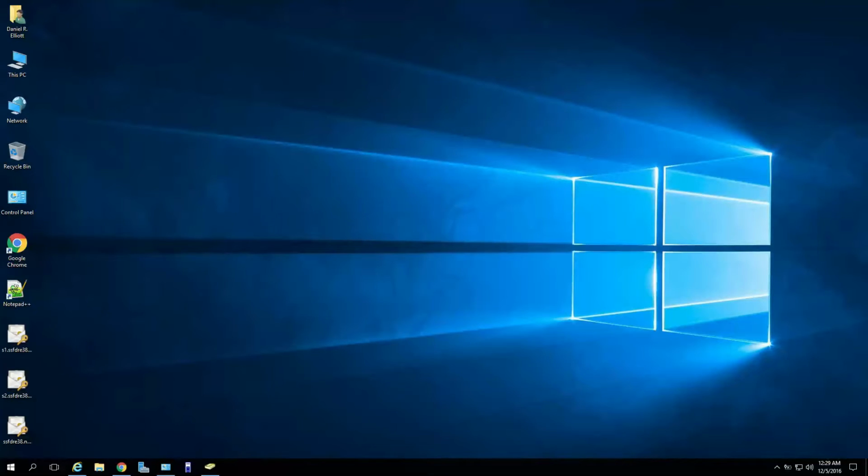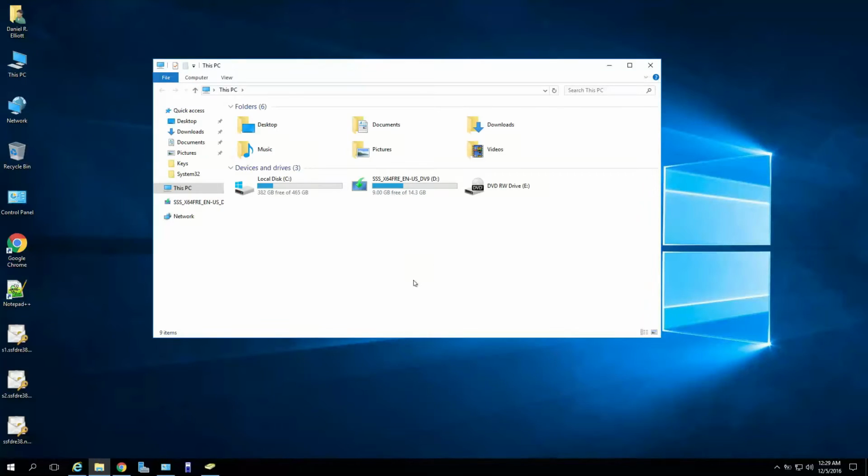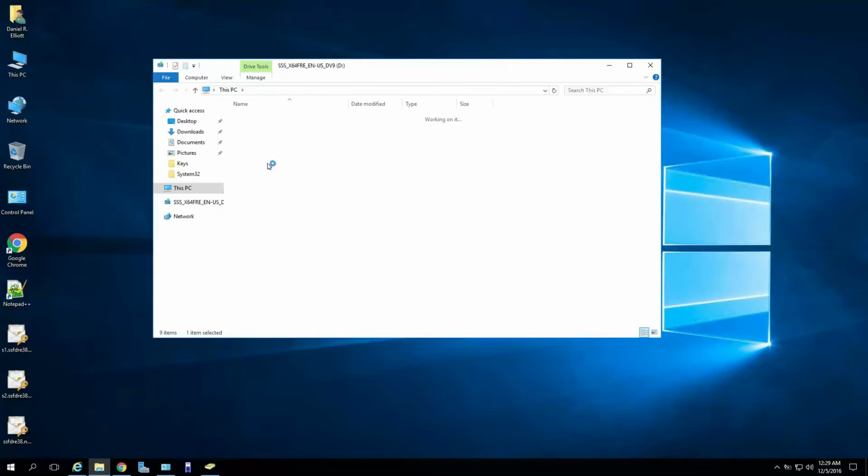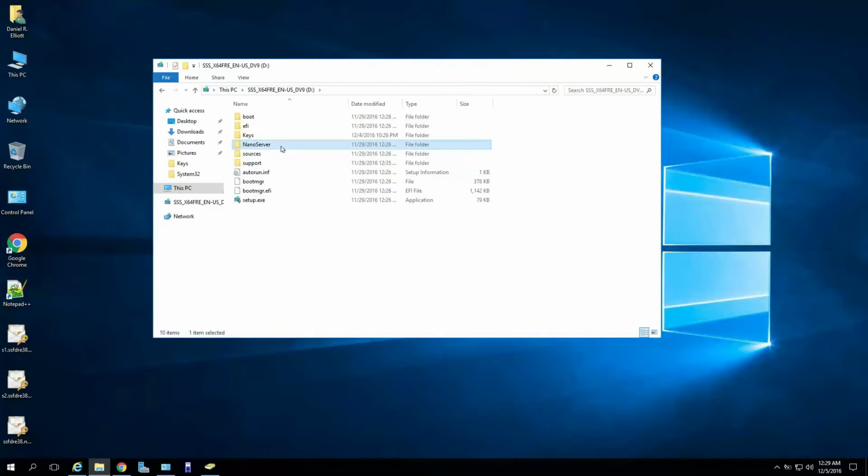Now, with the release of Windows Server 2016 Standard and Datacenter, so we're going to exclude Essentials, they included something. Now, what they included when you get your installation software and all that is this, and it pops up right here, Nano Server. Now, you can go to Microsoft and find ways to install it and all that, but